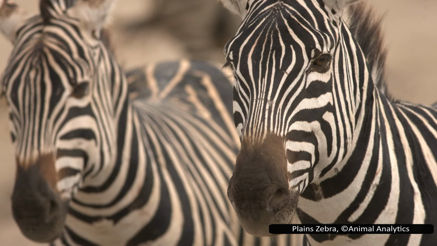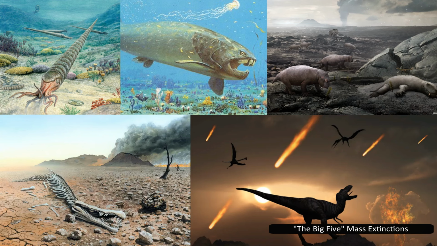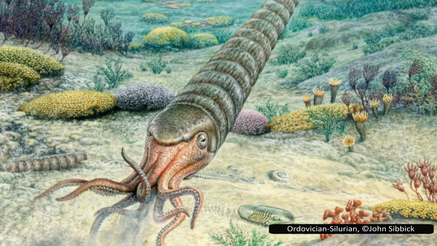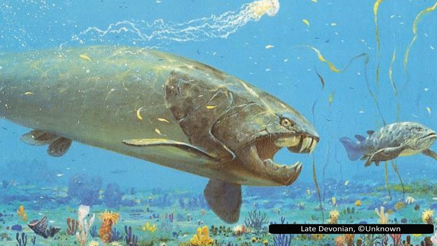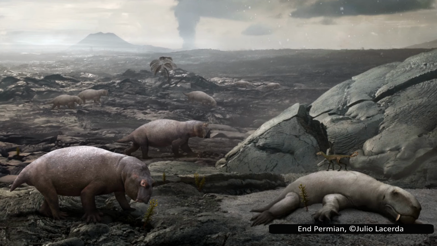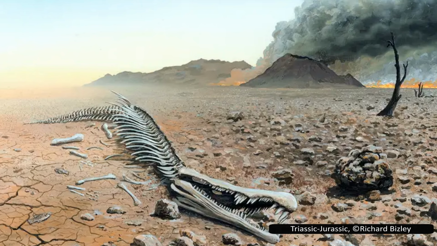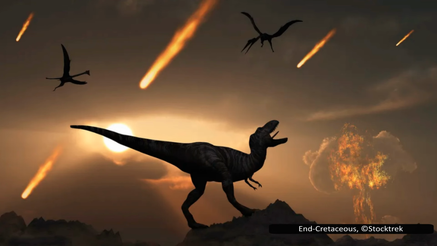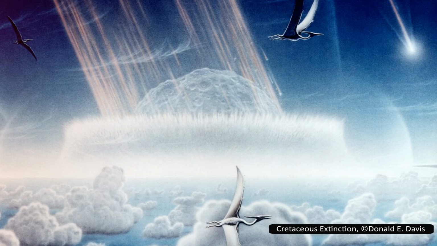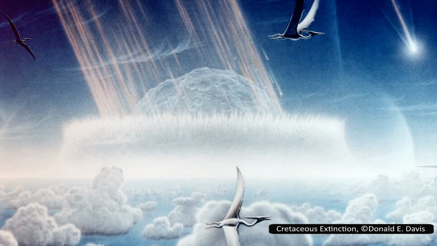In fact, many scientists now argue that we are living through what should be called the sixth mass extinction. The history of life on Earth has been punctuated by 5 great die-offs, devastating intervals where biodiversity has collapsed across land, sea, and air. The Ordovician-Silurian, the Late Devonian, the End Permian, the Triassic-Jurassic, the End Cretaceous. These were global, catastrophic, and rare.